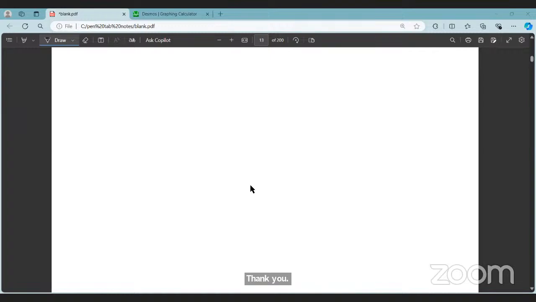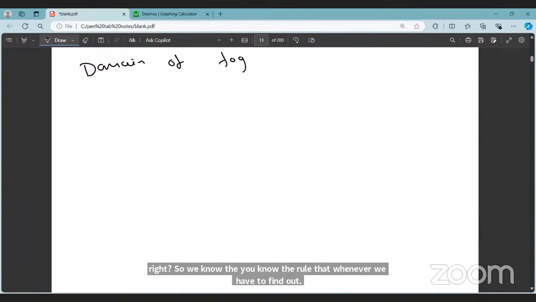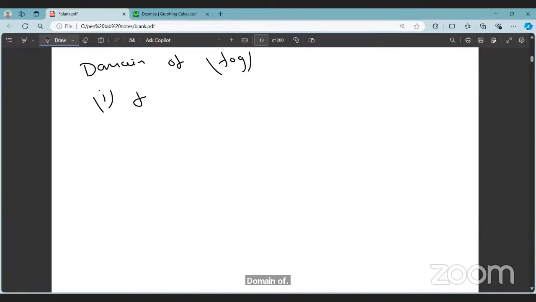First and last. Okay. If the domain of f(x) is [-3, 1], then what is the domain of f(ln x)? Again, we are in a composite function situation. The domain of f is already given. We have to find the domain of f composition g, where g is ln x. We know the rule: whenever we have to find the domain of f composition g, first find